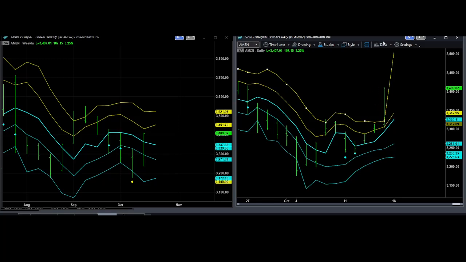So the daily chart predicted value also has an increasing trend, and for the weekly chart there's a slightly declined trend. But since this Amazon stock's price already has high momentum and reaches this band,